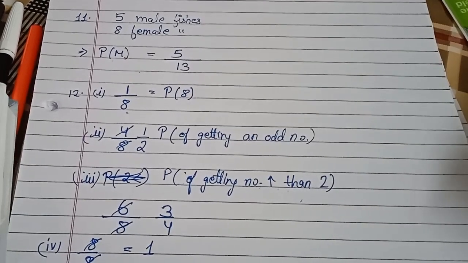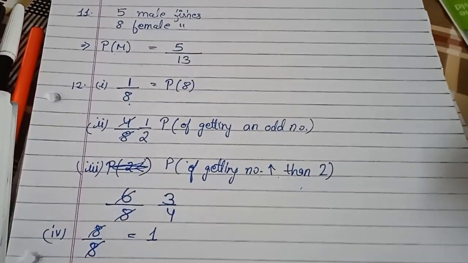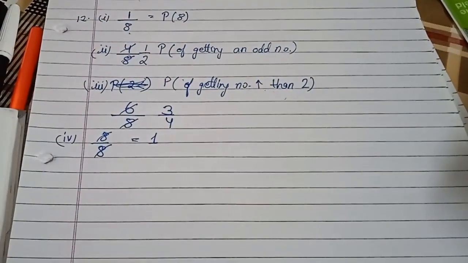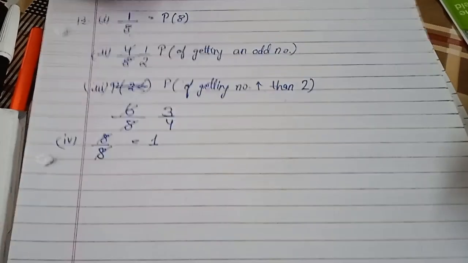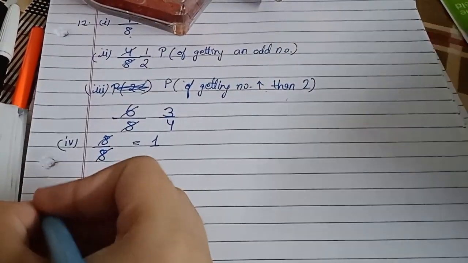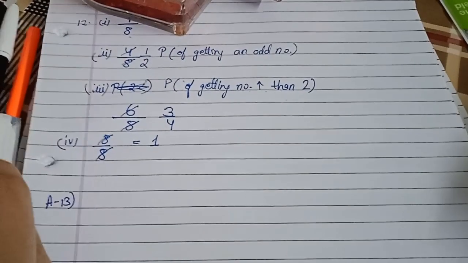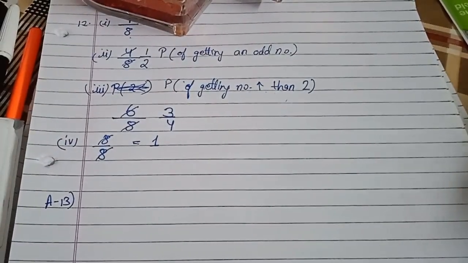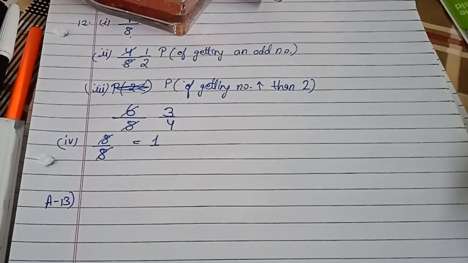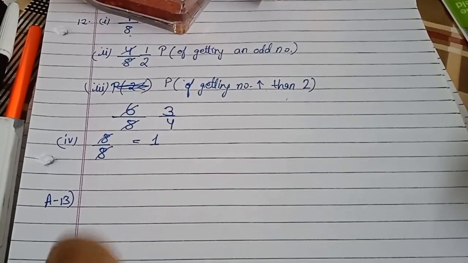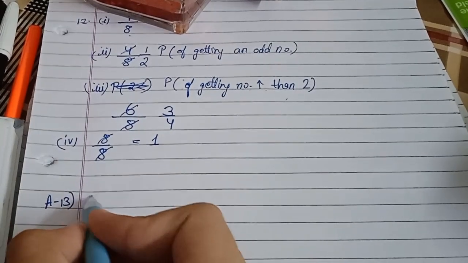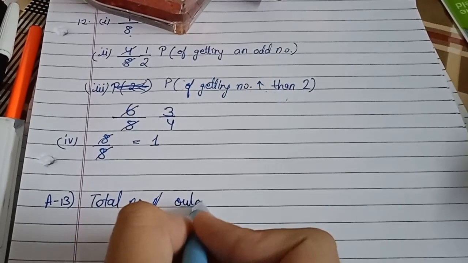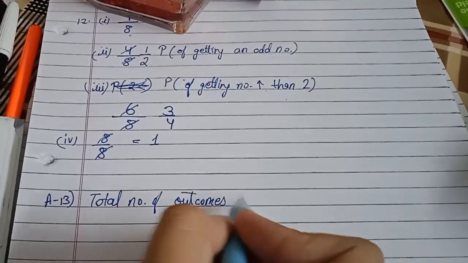Okay, it is clear. Now another question, let us find the answer for it as well. The question says a dice is thrown once. A dice is thrown only once. Find the probability of getting a prime number. Let us first write how many outcomes there are. Total number of outcomes is equal to